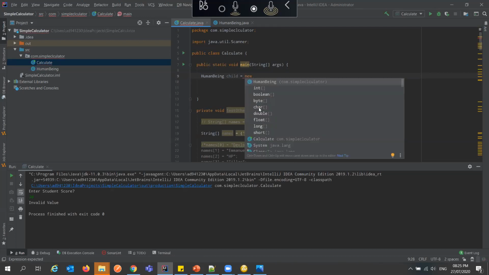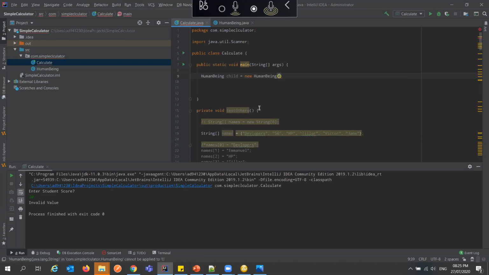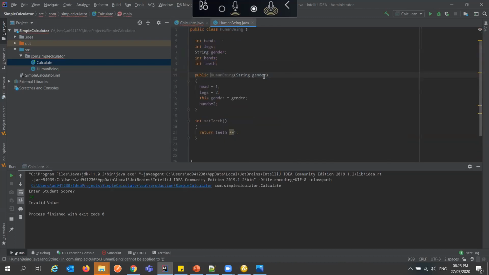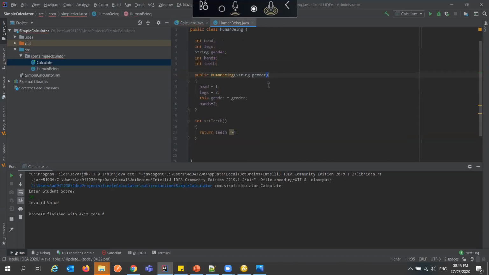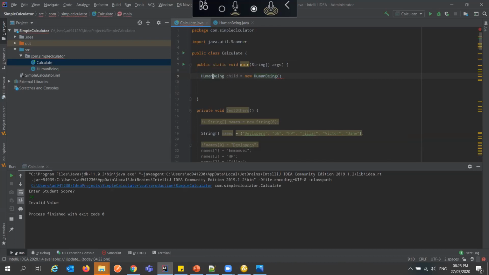So it's the new keyword that helps us to do what? To do the instantiation. Sorry, my English is bad. Okay, so that is what helps us to do that. Now remember that when we are defining this human being constructor, let me go back. This human being here is not the same thing as human being here. Please, let's note. This is the name of a class.